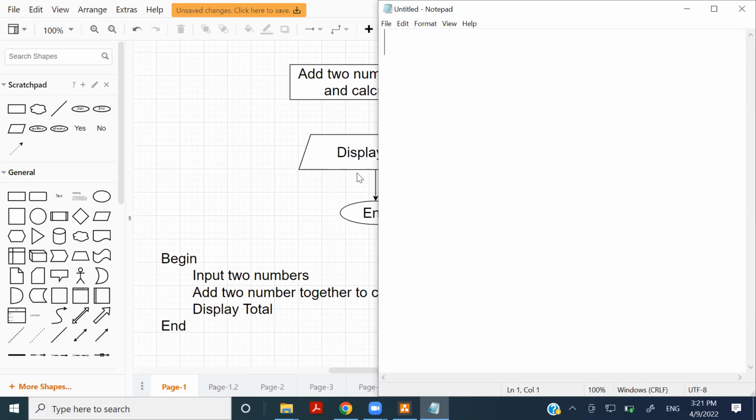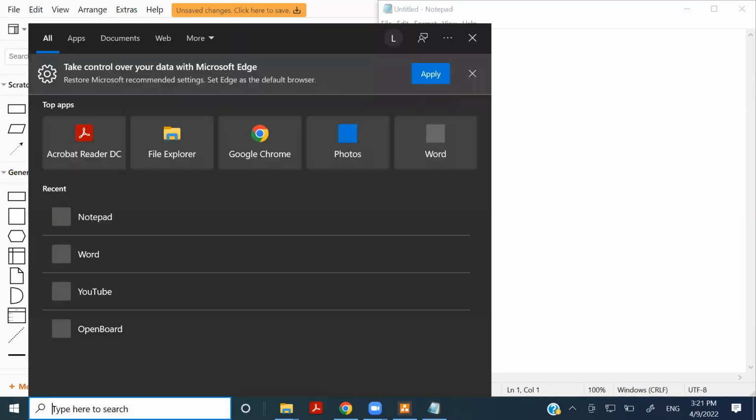So today, I'm not going to use Notepad, the general text editor that we have. Instead of that, I'm going to use an IDE called Free Pascal. There are a number of IDEs for Pascal, like Turbo Pascal, Pascal plus plus and so on. In my case, I'm using the version called Free Pascal to code my Pascal program. So let me show you the Free Pascal